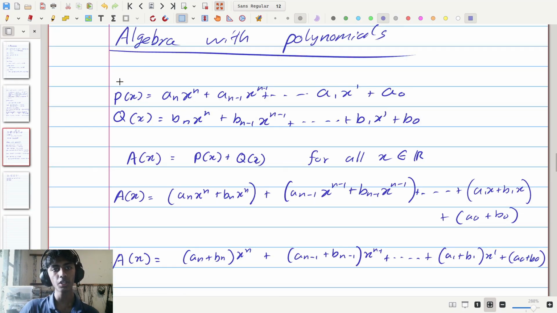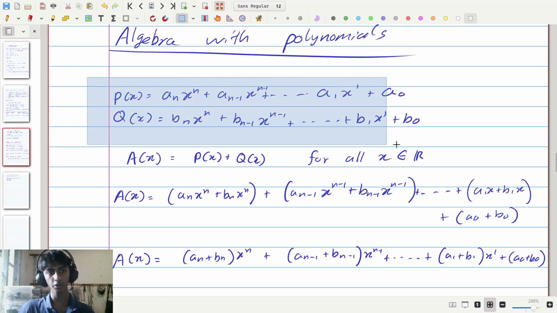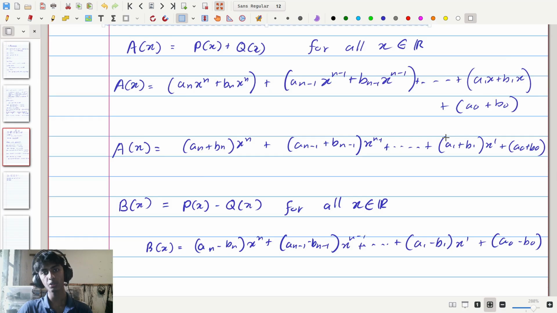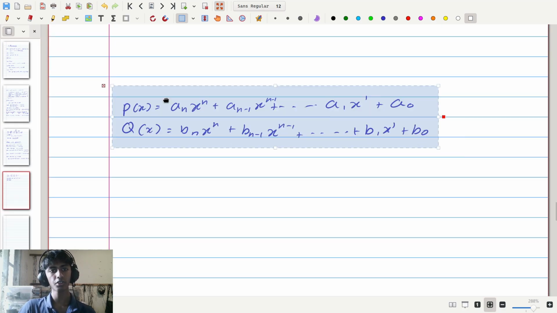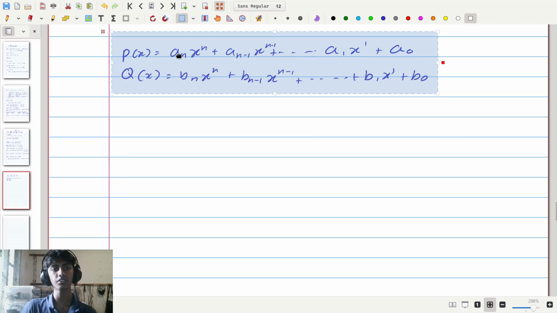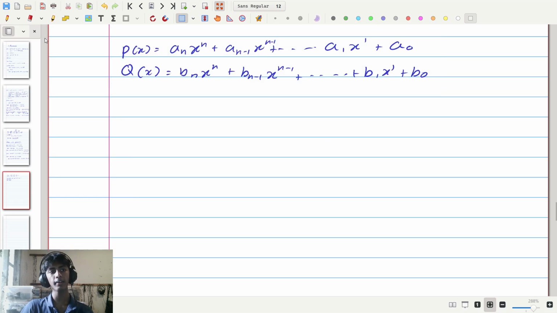I'll copy these two definitions. We're not going to go through it term for term, but we're going to use it as a reference to try to understand what's happening here. So given that p(x) is this and q(x) is the second one, let's now consider what we mean by p(x)